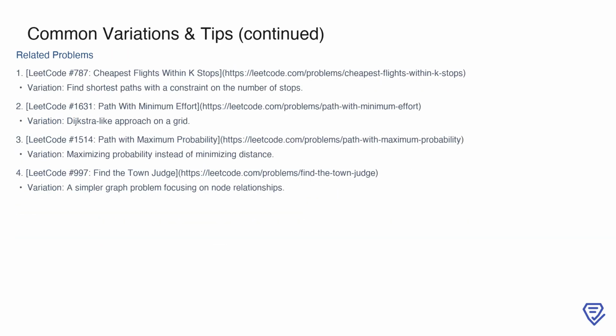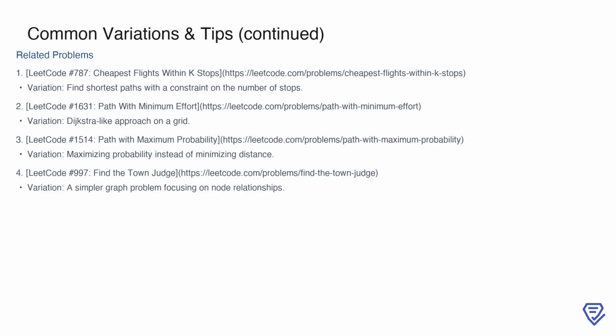If you want to explore related problems, there are several on LeetCode that build on similar concepts. For example, problem number 787, cheapest flights within k stops, adds a constraint on the number of stops while finding the shortest path. Another is number 1631, path with minimum effort, which applies a Dijkstra-like approach to a grid instead of a traditional graph. Problem number 1514, path with maximum probability, changes the focus to maximizing probabilities rather than minimizing